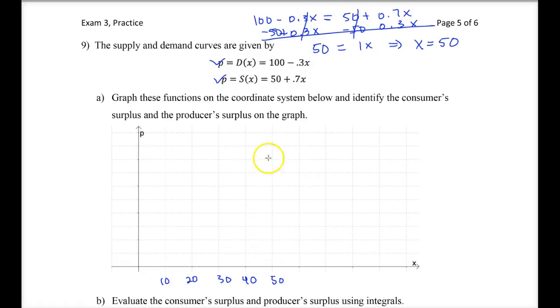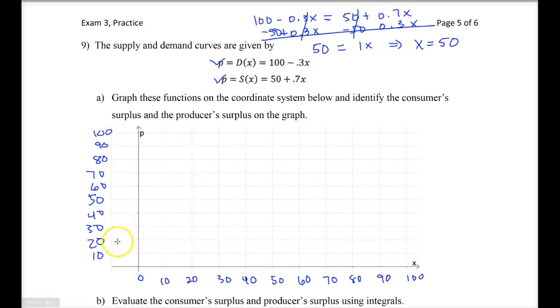Then of course somewhere along here they'll intersect. And I'll just go ahead and do this number system out. The rest of these, and same thing here. So 10, 20, 30, 40, 50, 60, 70, 80, 90, and 100. Of course, this will be 0 here. All right. And so now what we need to do is find the corresponding value for